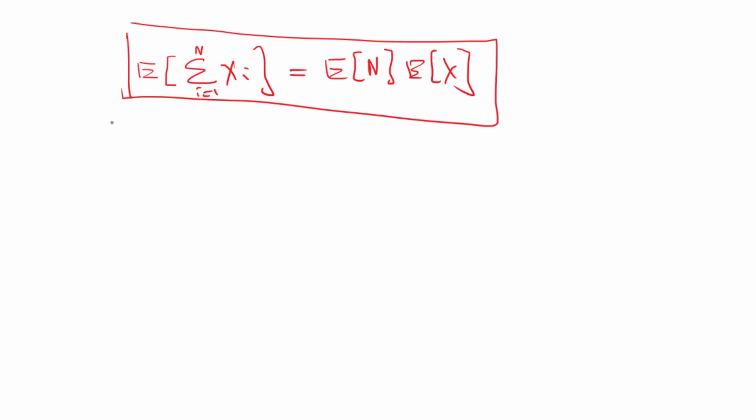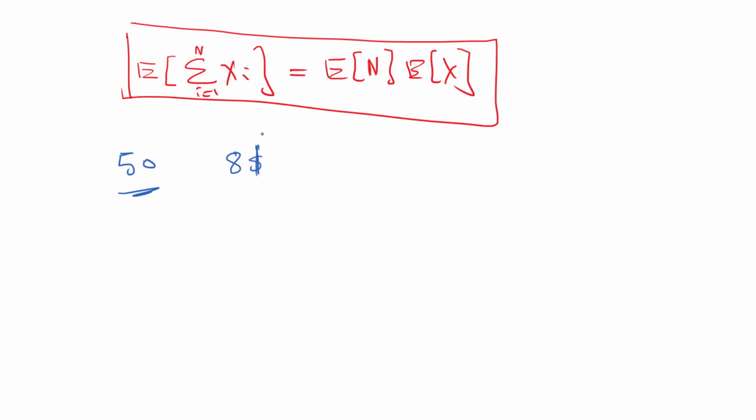Now let's suppose the number of people entering a departmental store on a given day is a random variable with mean 50. And suppose that the amount of money spent by these customers are independent random variables having a common mean or average of $8.